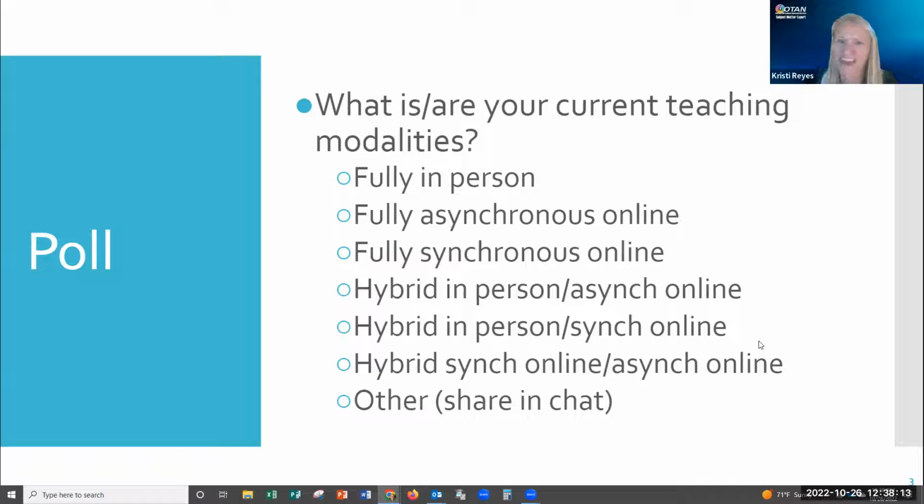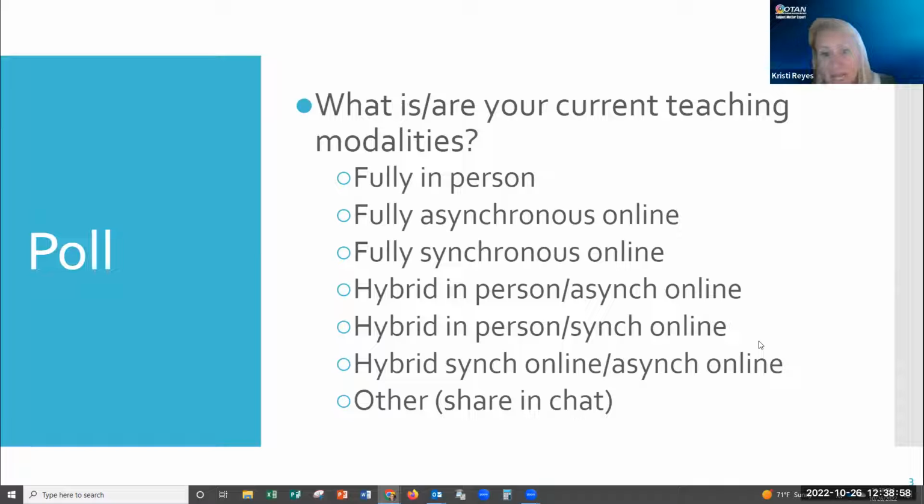So one of you is teaching fully in person, and maybe you're here because you want to learn about teaching online. Also, one of you is teaching fully asynchronous. So that means students don't meet with you on Zoom. They're just going into your learning management system, whether that's, I know in LAUSD, Schoology. For the community colleges, that's Canvas. Some adult schools may be using Google Classroom. Fully synchronous online, that means, it looks like 3 of you, 25%, are just doing Zoom, or maybe it's Google Teams or some other video conferencing.